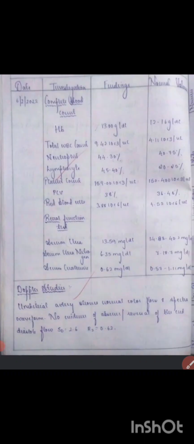Next are the investigations that you will find on the case papers. Then any USG done, you'll have to mention, any Doppler studies done, everything you'll have to mention here. Next comes the treatment, like what medications they are on. So everything you'll have to write in detail. Here I have elaborated it and written it nicely, you can go through this. So tablet iron, tablet calcium, tablet labetalol, everything is mentioned.